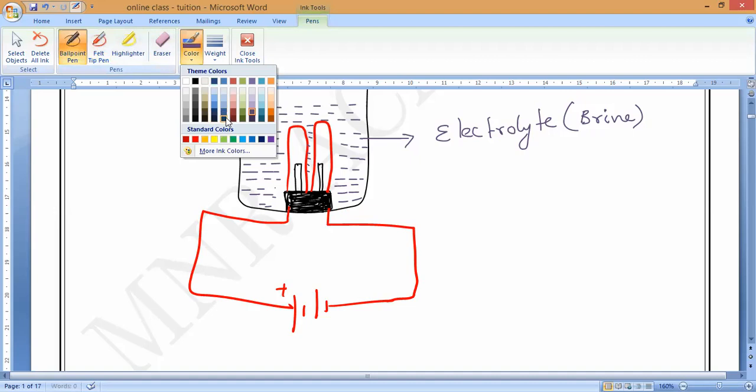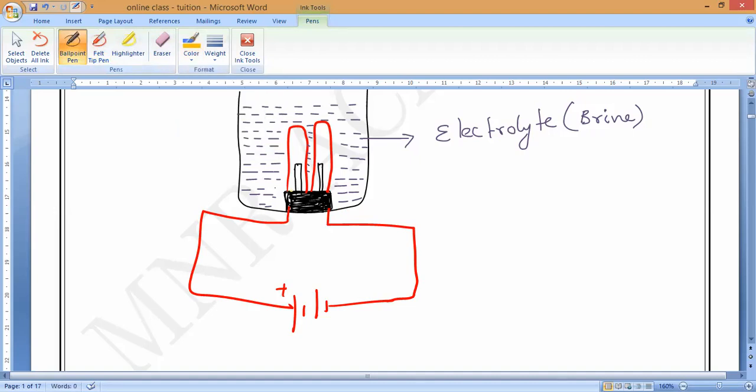Anode. If it is connected to the positive node, we should call it anode. Understand? So this is called anode. Anode has which charge? Positive charge. And in the same way, the battery's negative node is connected to what is called the cathode. Understand? Cathode, which is actually negative.